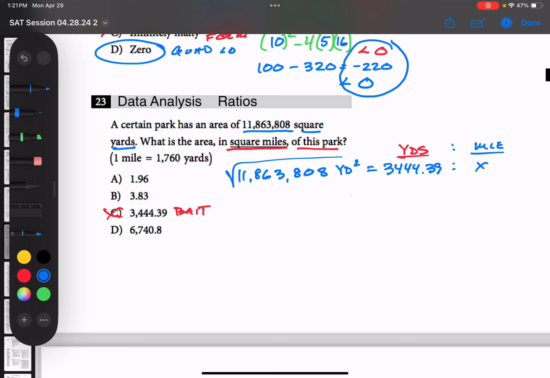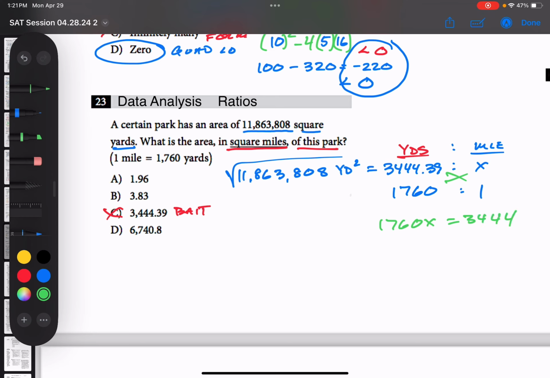So what would that be in miles? I don't know. But I do know that 1 mile is the same as 1760 yards, right? So now I want to figure out what the miles are, or your x. So you could just cross multiply. So that would give you 1760 x is equal to